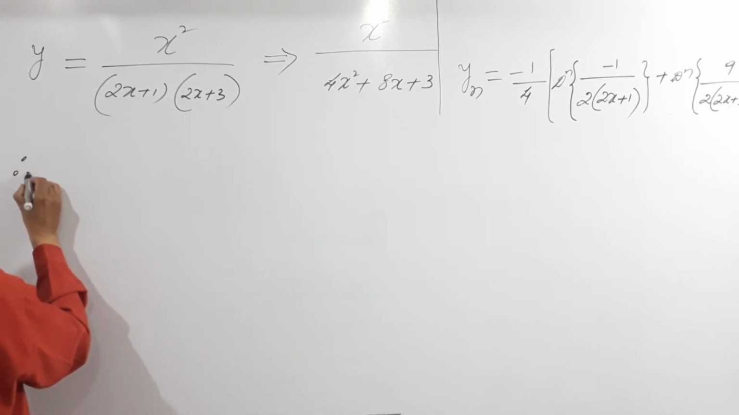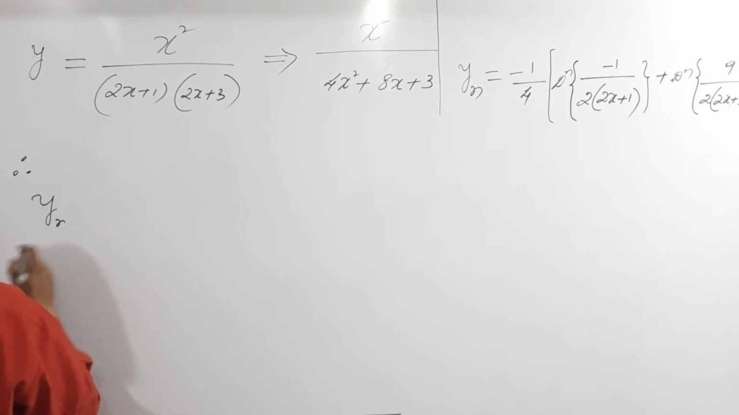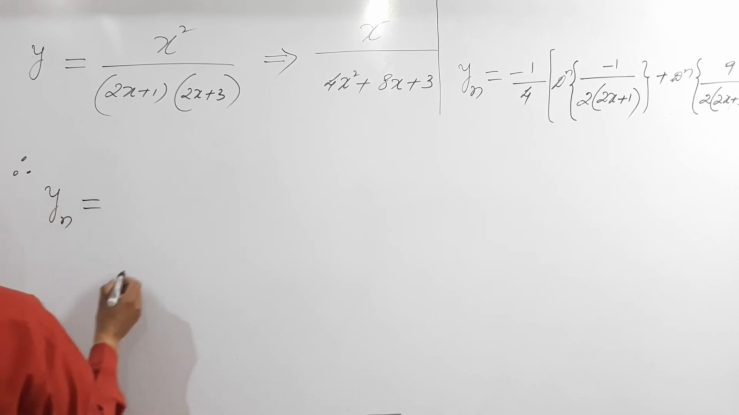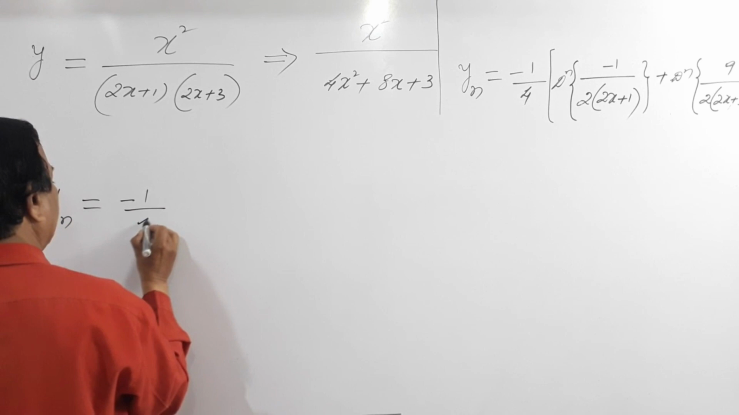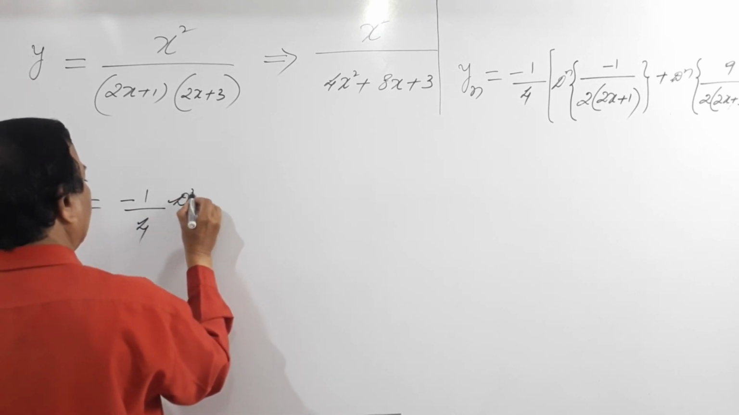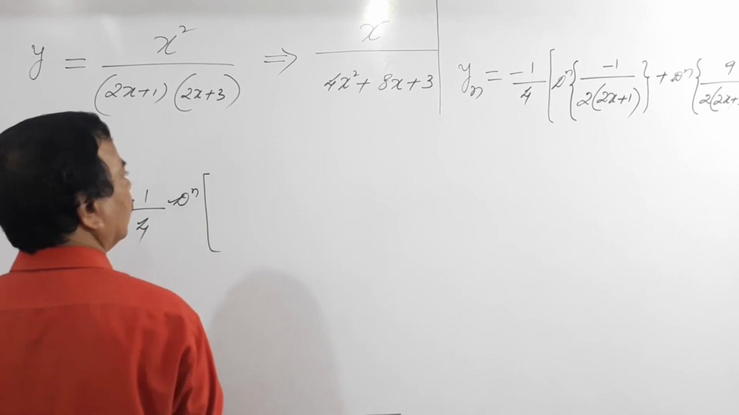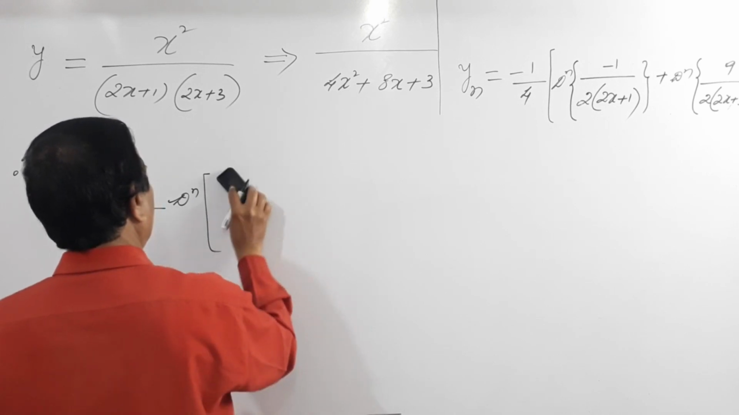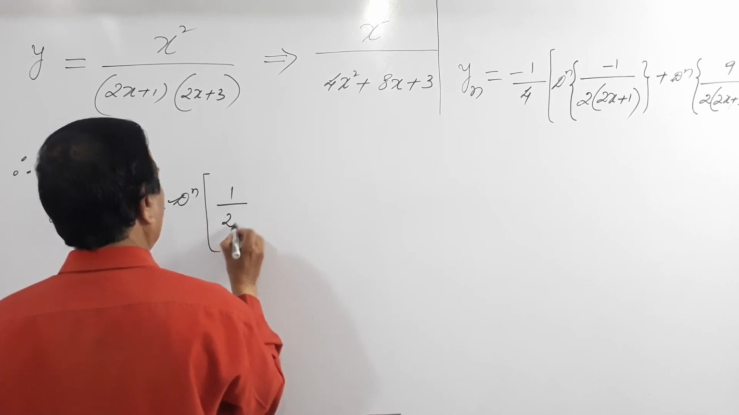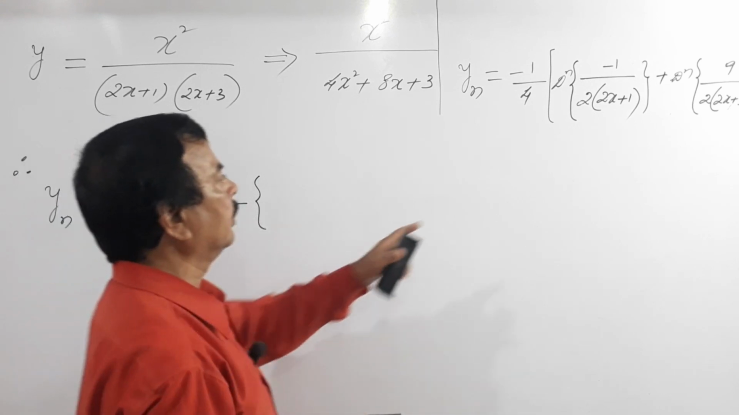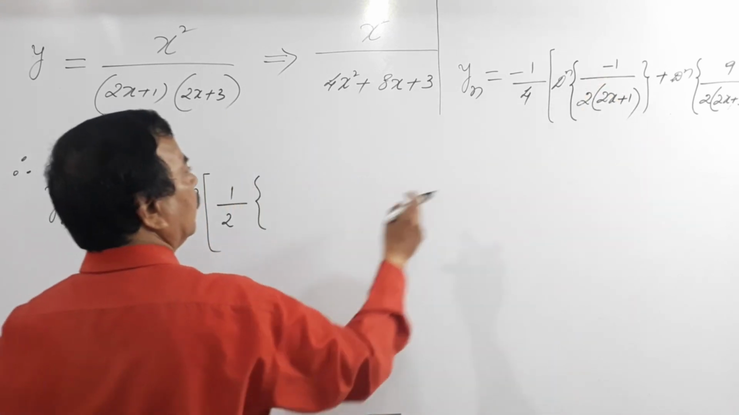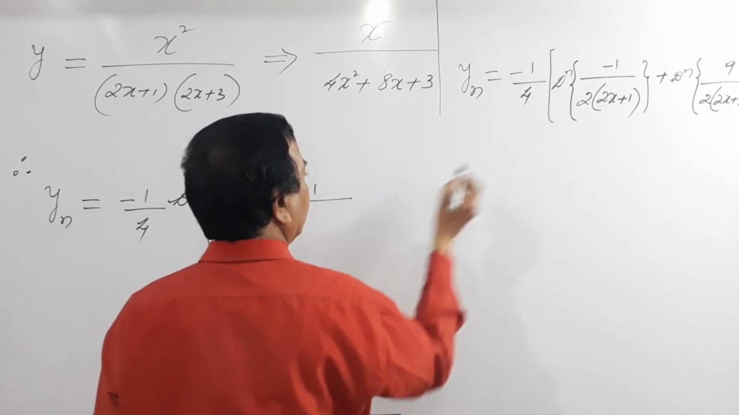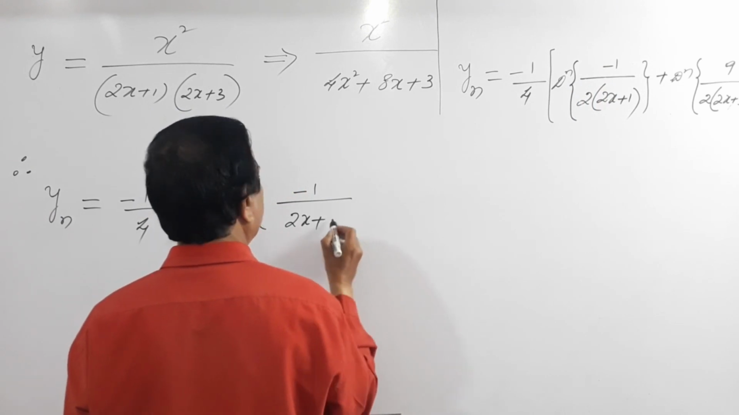That is, therefore, yn equals minus 1 by 4 dn of, so this half I will take outside. This half I have taken, so you will have this minus 1 here, so this will be minus 1 by 2x plus 1